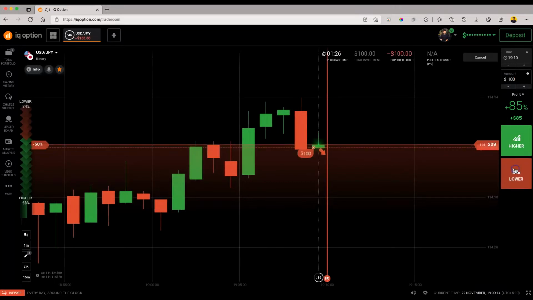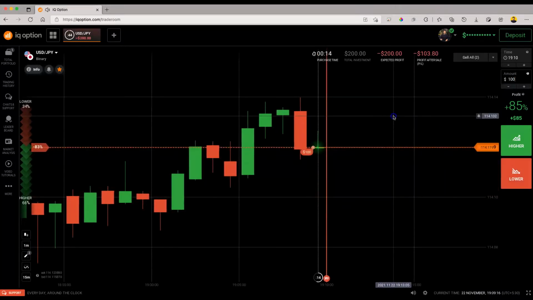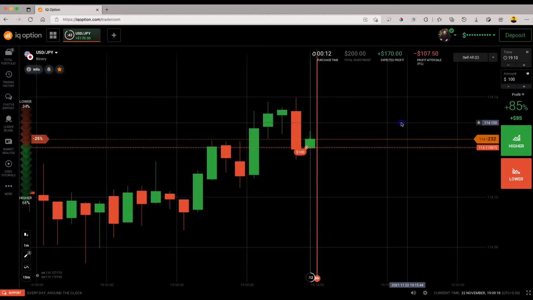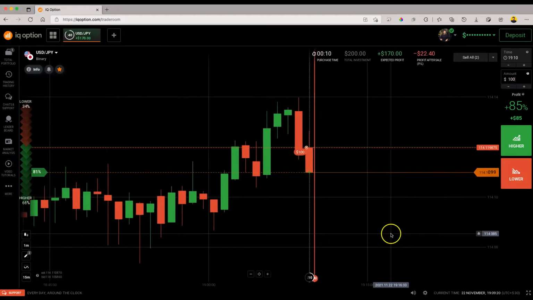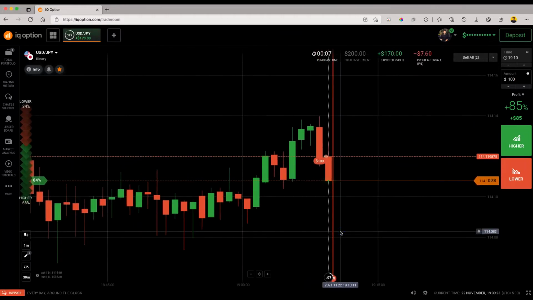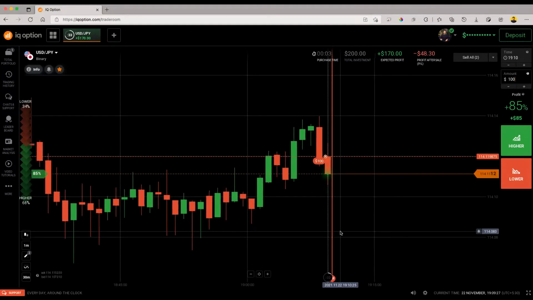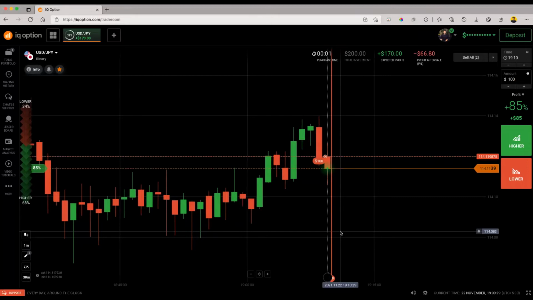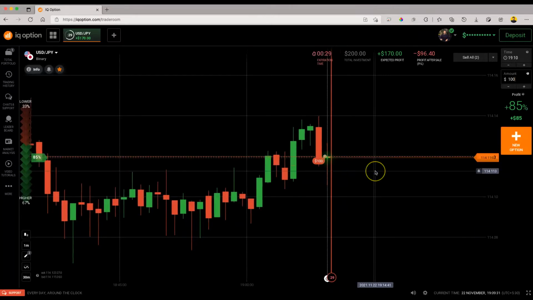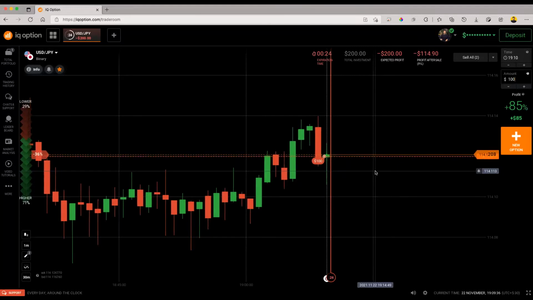And we are taking the trade of $200 because the strong candlestick has formed on the bearish side. Here you can see the reaction it has given to us. If we make a profit, we are going to make $170, and if we make a loss, we are going to lose $200. Now let's wait and watch. We are just going to wait and watch what happens.